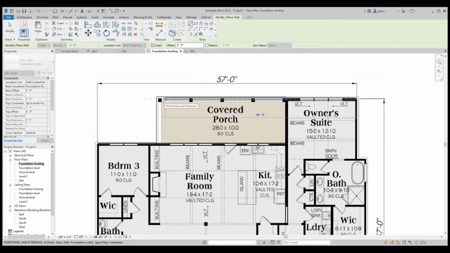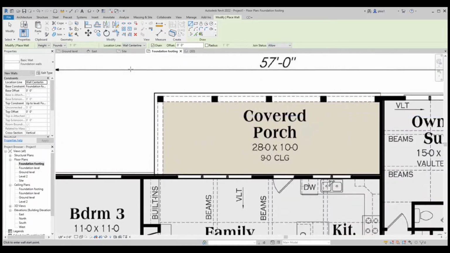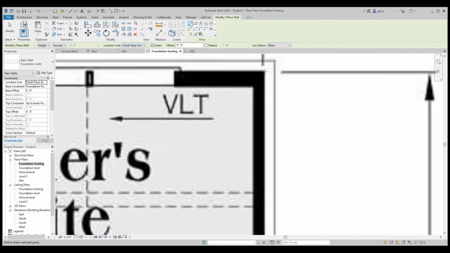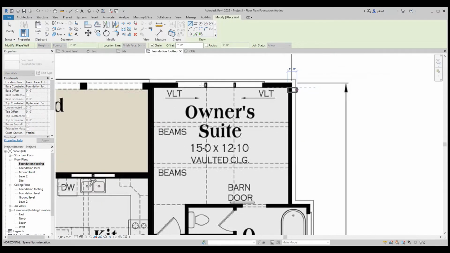So you could draw them from the center or to the exterior. Come to this point and say finish face exterior. That way I can click on the edges. Click on the edge of the building.